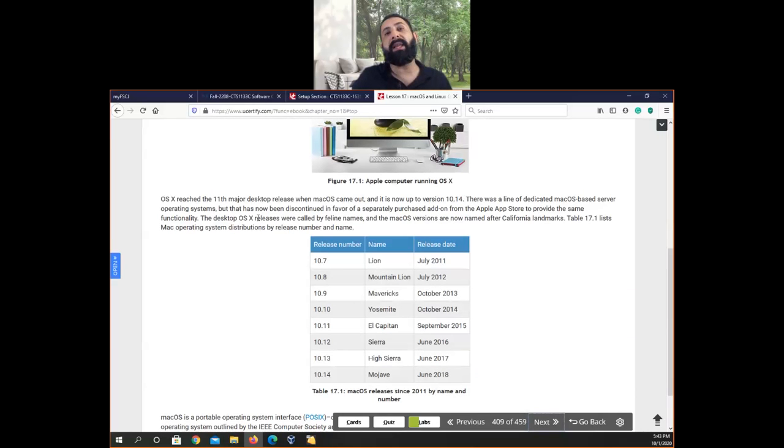For the Mac operating system, they like to name the releases since the start of the 10 releases. Each release had a different name: the Lion, the Mountain Lion, the Mavericks, Yosemite, El Capitan, Sierra, High Sierra, Mojave, and the most recent one, Catalina. Catalina was released, I think, last year, so until now they did not release the next one. I'm expecting a new one very, very soon. Maybe as we talk, maybe yesterday, I don't know.